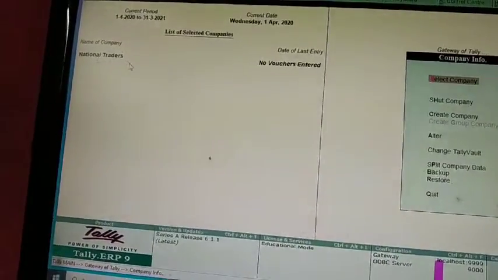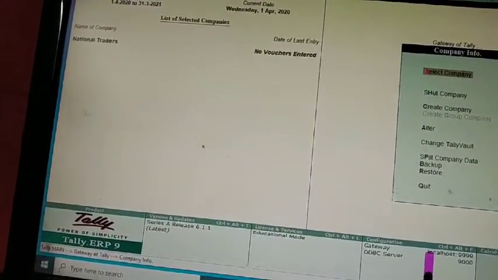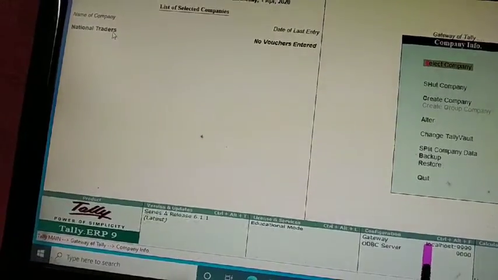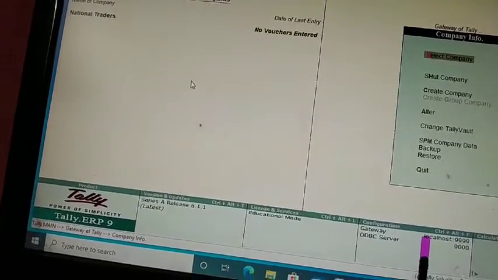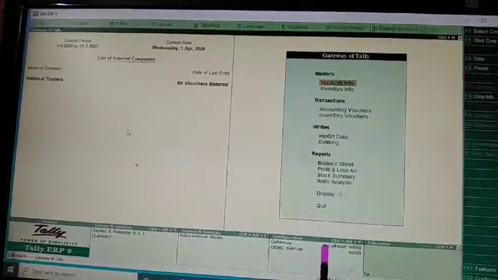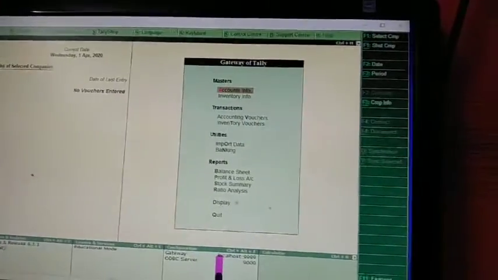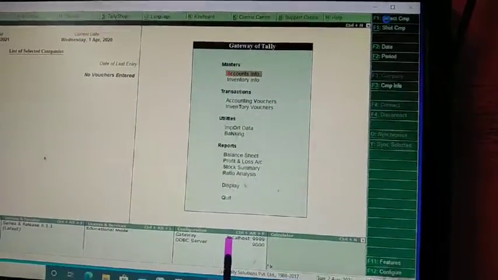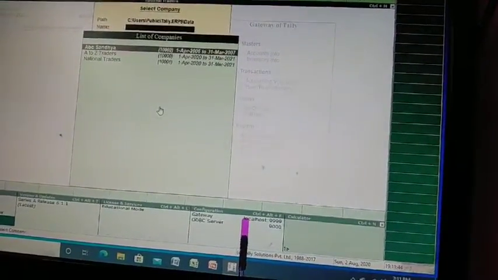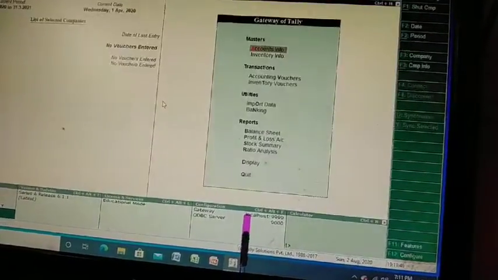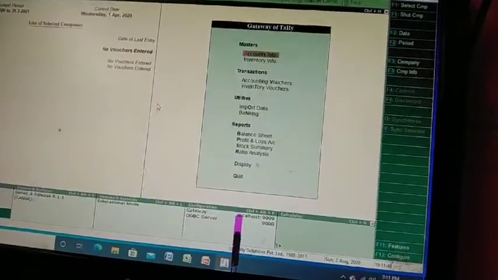For example, National Traders, if I have to delete that company or some other company, go to Select Company. Suppose A to Z Traders, I wish to delete that.